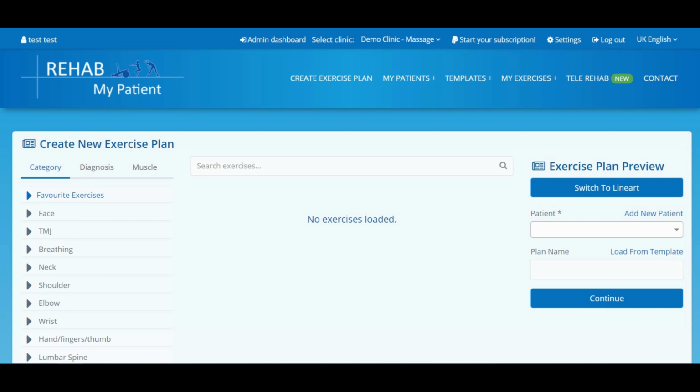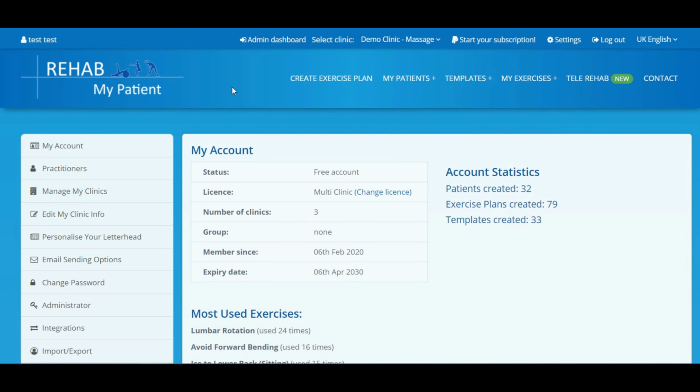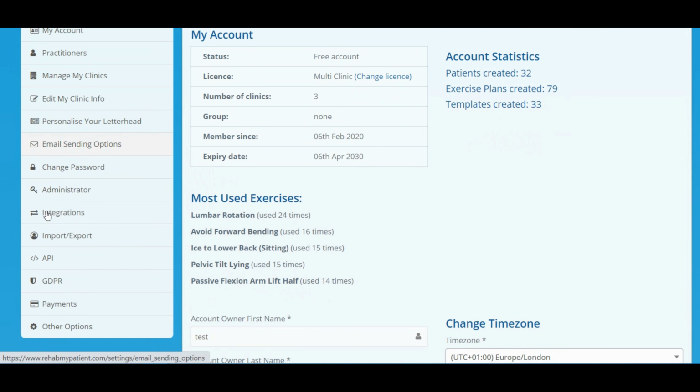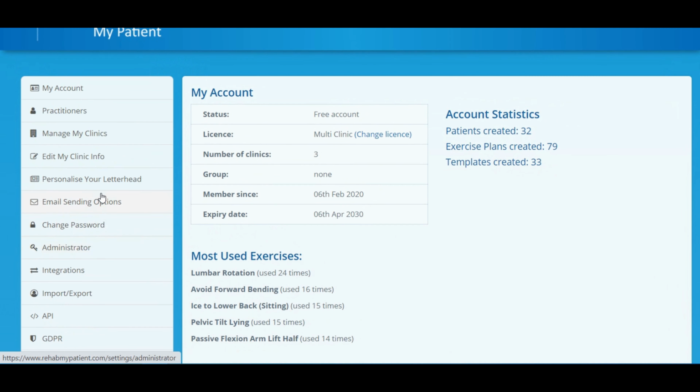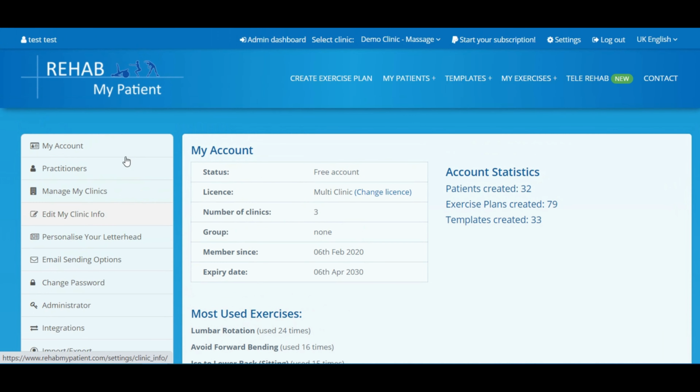I'm going to show you how to add practitioners to your account. So log into Rehab My Patient and navigate to the settings in the top right corner. Click settings, and now on the left you'll see all the options for using Rehab My Patient. These options make your clinic a little bit more bespoke, so they can tweak things. There are so many great options, and you'll see one of them on the left hand side is practitioners, so click